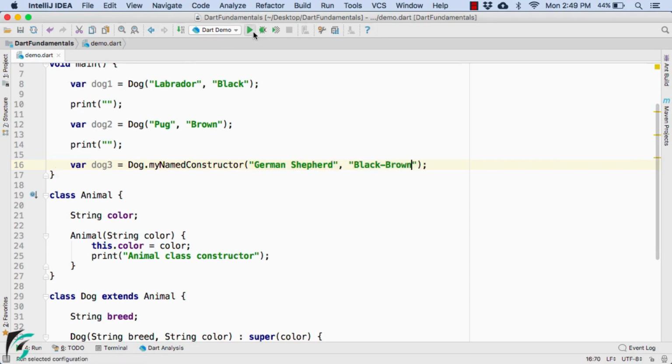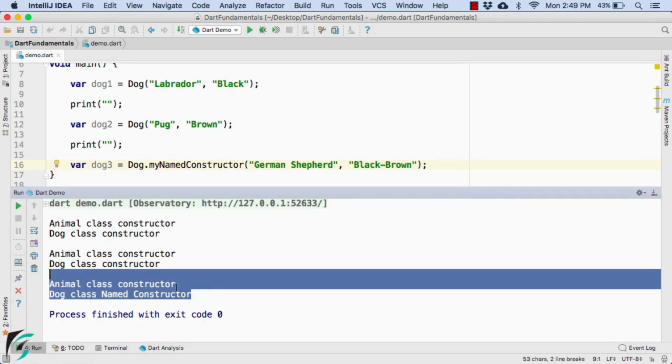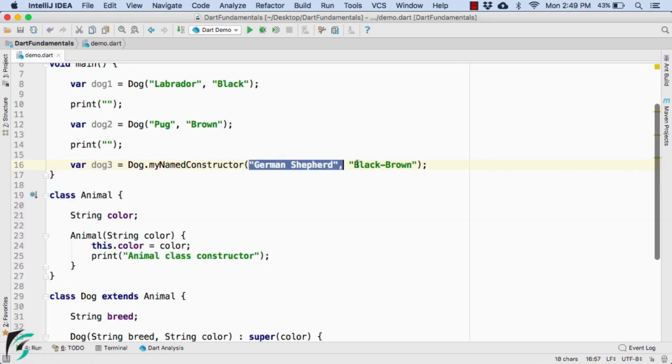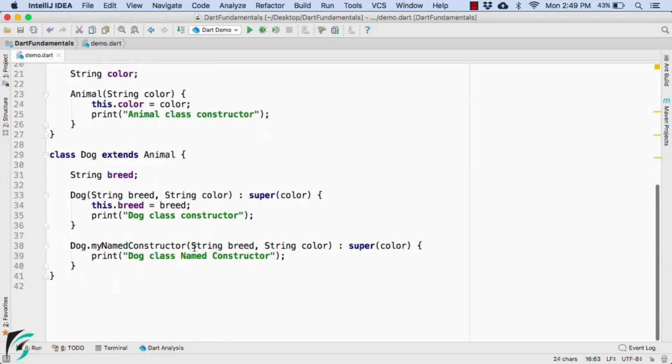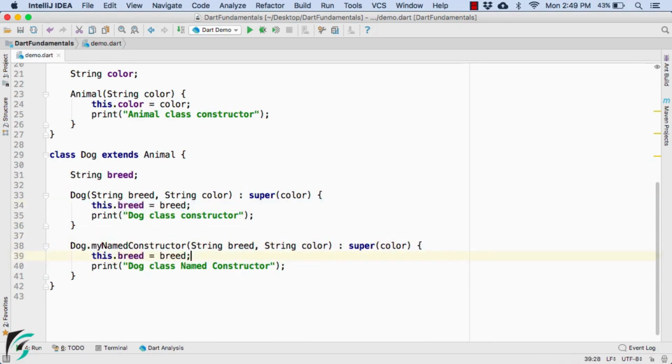Launch the application and we are getting the same output. The difference being that we are now passing the values to our named constructor that contains parameters. So similar to this constructor, you can actually copy it and paste it here as well. In this way we can instantiate our breed from our named constructor.